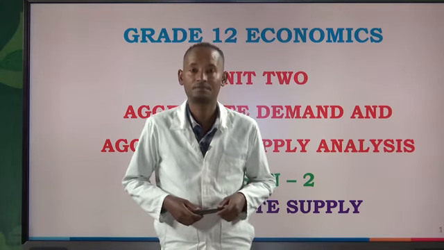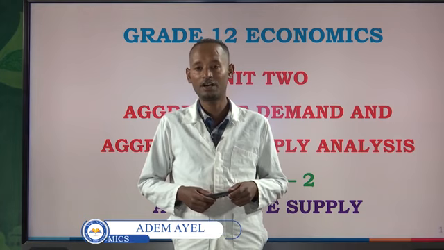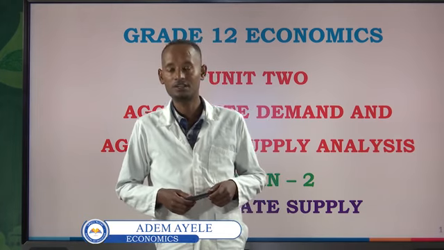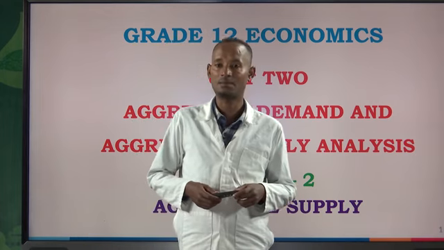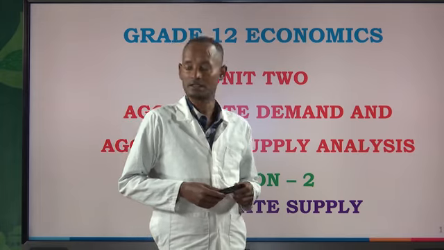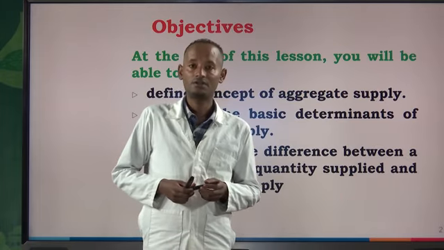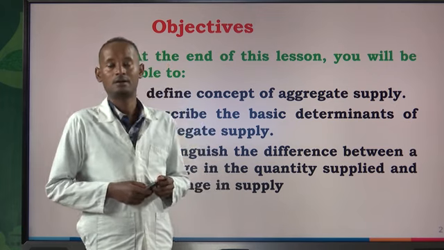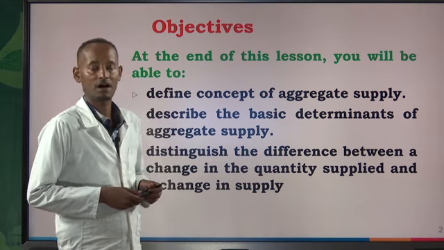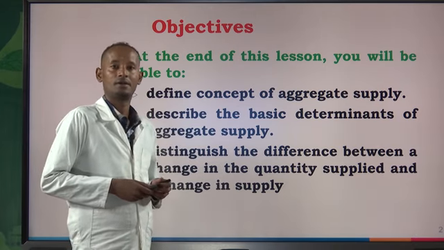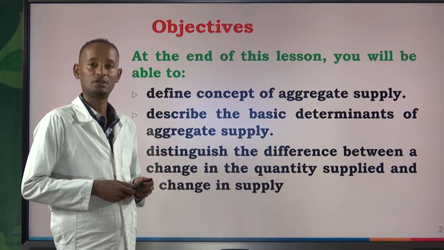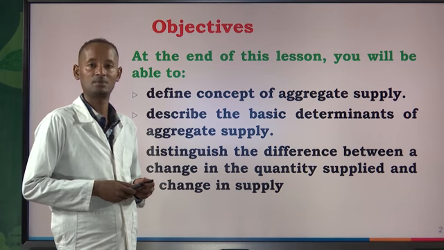Hello students! This is a grade 12 economics lesson provided by the Ministry of Education of Ethiopia, on unit 2, which is about aggregate demand and aggregate supply analysis. This is the second lesson, which is about aggregate supply. The objectives of this lesson are: at the end of this lesson you will be able to define the concept of aggregate supply, describe the basic determinants of aggregate supply, distinguish the difference between a change in the quantity supplied and change in